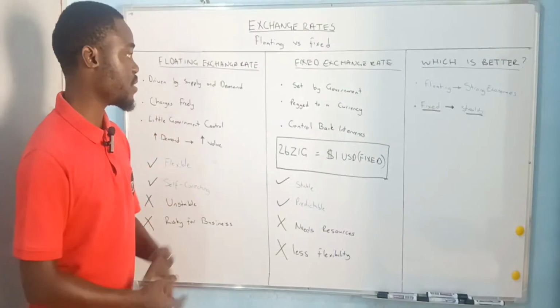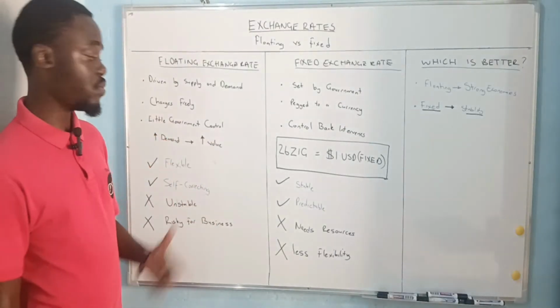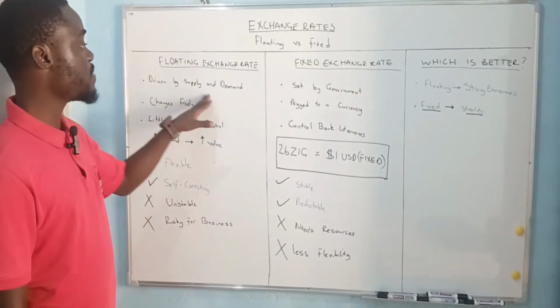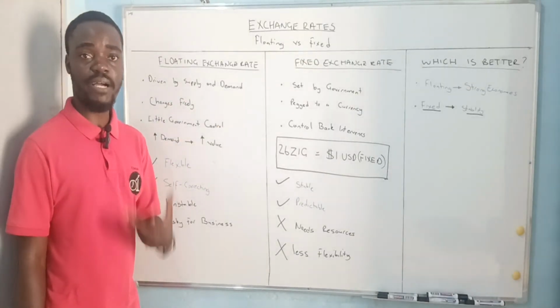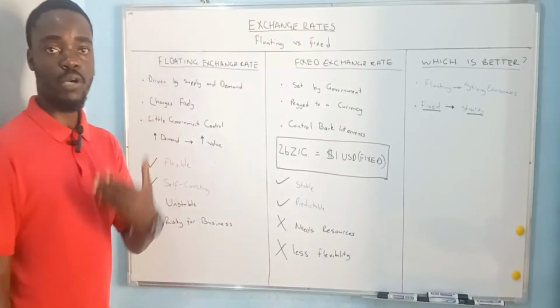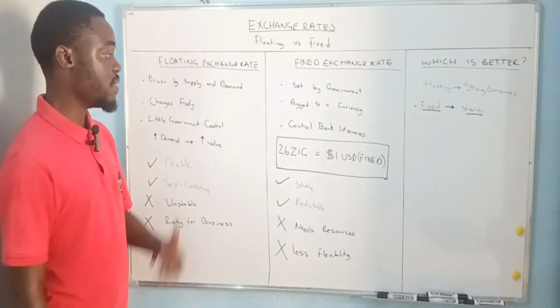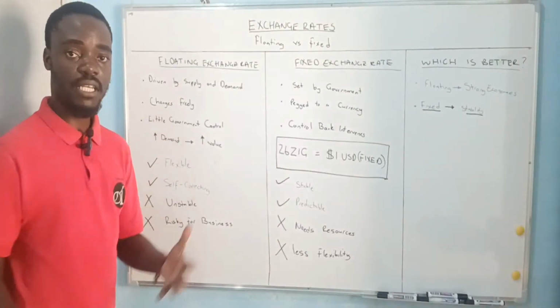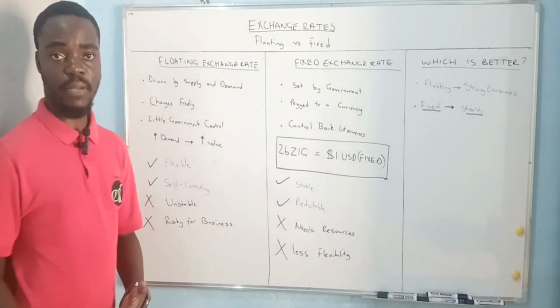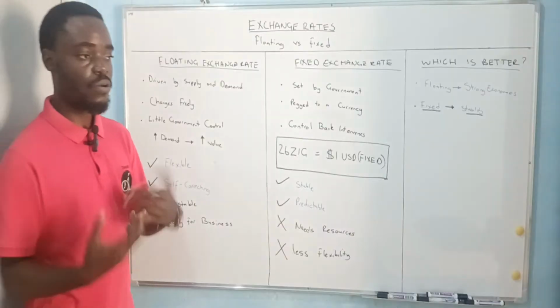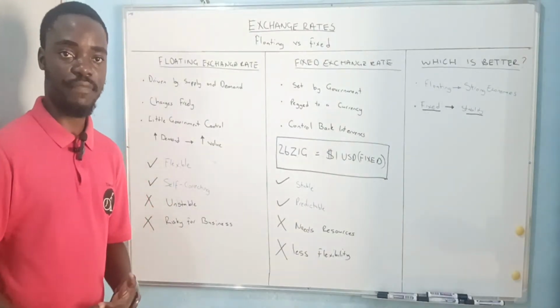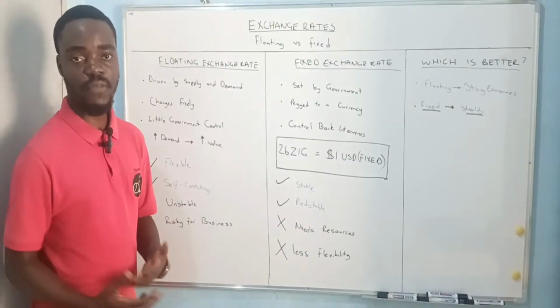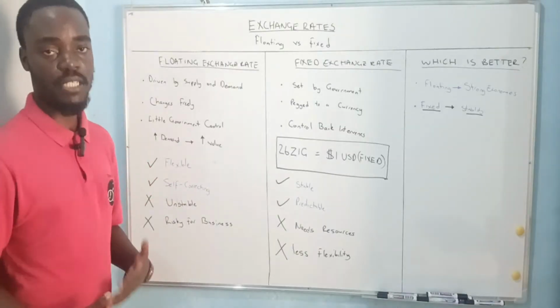So let's start with the floating exchange rate here on the left hand side. It's driven simply by supply and demand. This is where the market forces of demand and supply will influence the price of a currency, the value of a currency, the exchange rate of a currency. Then it changes freely because it uses the force of demand and supply. How well your country is performing, you're going to see your currency appreciating in value. And if your country is not doing very well, you're going to see your currency depreciating in value